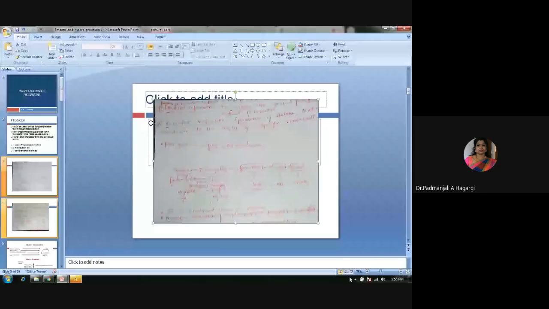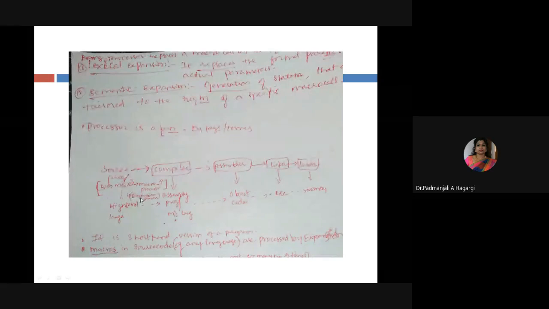So this was all about the macro. These macros are in the source program. Our source program has only the preprocessor statements. The preprocessor statements are also called macros. If you go with the C language, they are also nothing but macros, and they are processed and given to the compiler after being processed by the processing directives.